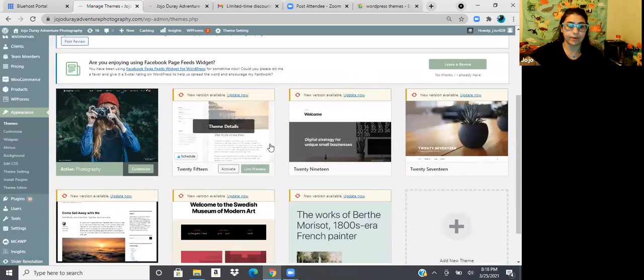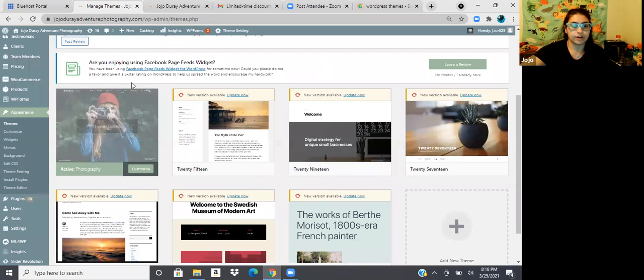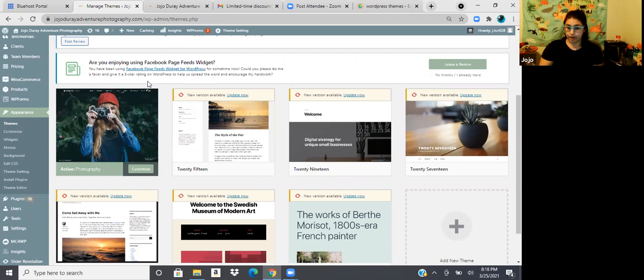So these are a couple that come with WordPress when you first get this going. They're just really basic, easy to get started with. But they don't have a lot of extra features, and they don't really let you customize a whole lot, because it's supposed to be just a basic getting started. And so this one right up here is my current theme that I actually bought.